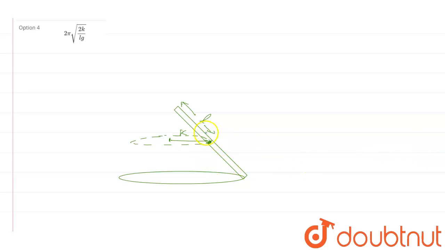Now, since we are already talking about center of gravity, I can assume all the mass of this rod to be concentrated at the center of gravity. So this rod setup can get simplified in the sense that the weight of this rod can be considered acting directly at the center of gravity, mg, and it will be the only force acting here. So if I try to calculate the torque at the point of suspension due to this weight, this torque will be equal to mg into the distance, that is L, and if this angle is theta,